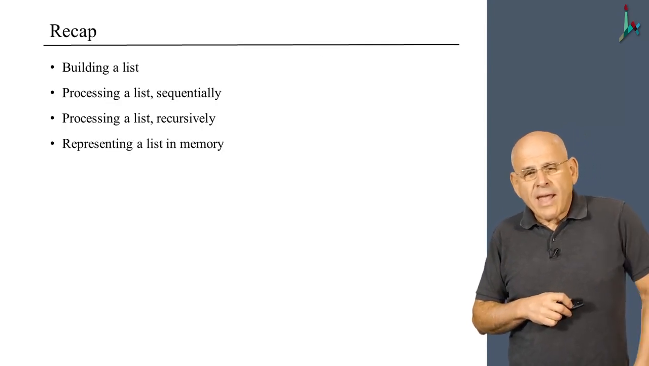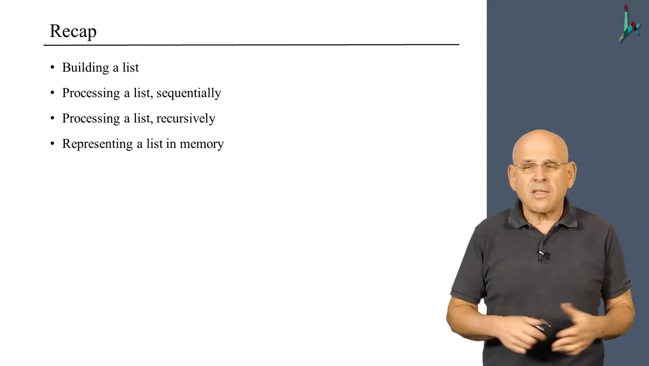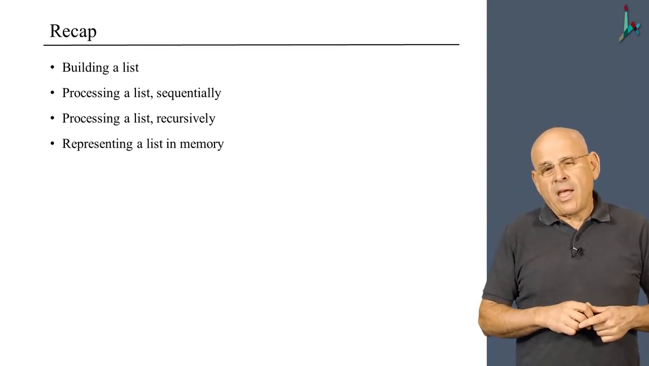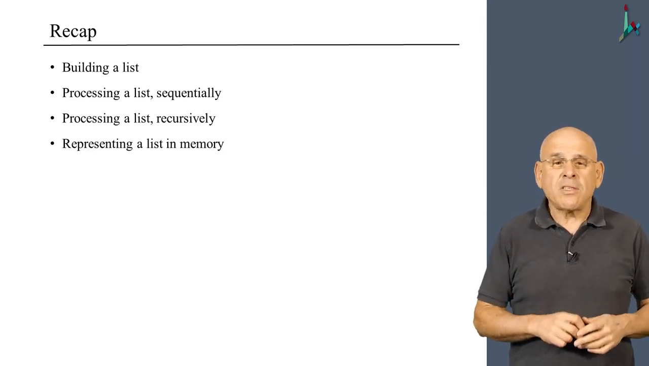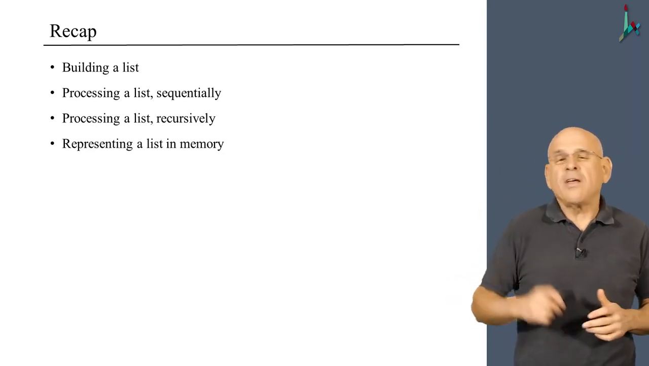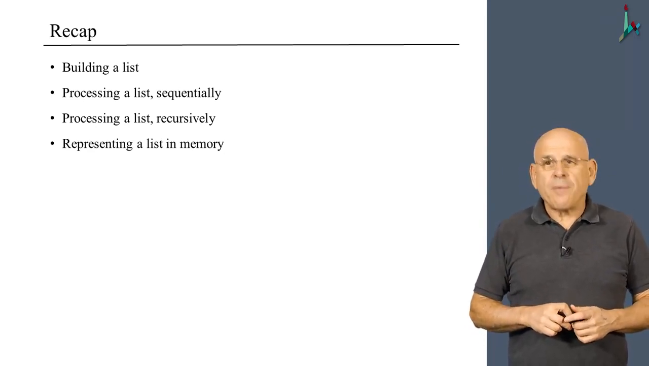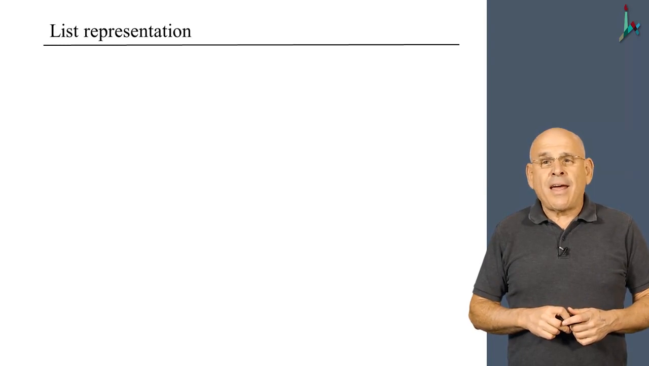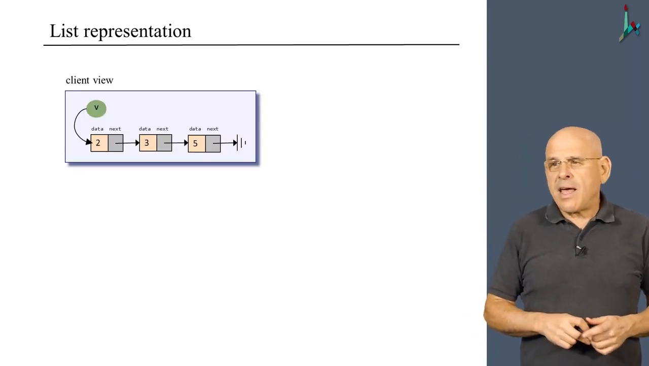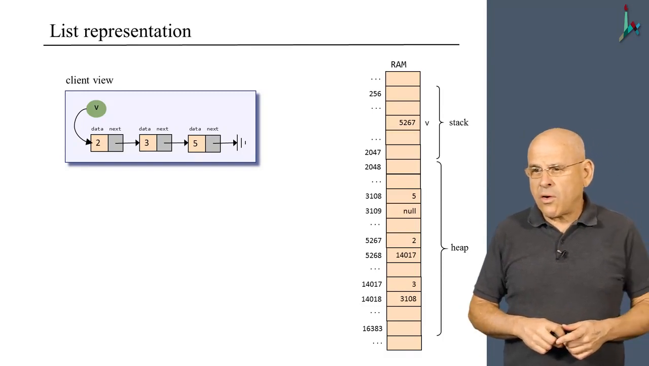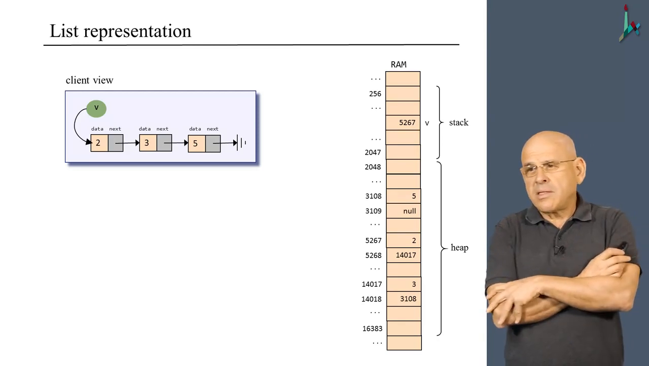All right, so to recap, we showed how to build a list, how to process it sequentially, how to process it recursively. And the last thing that I want to say, which is very important in this course, is to once again open the hood and see how this list is stored in memory. The client view, or the high-level view of the list, is this, and yet within the memory it is stored using this example here. It starts with, say, v,